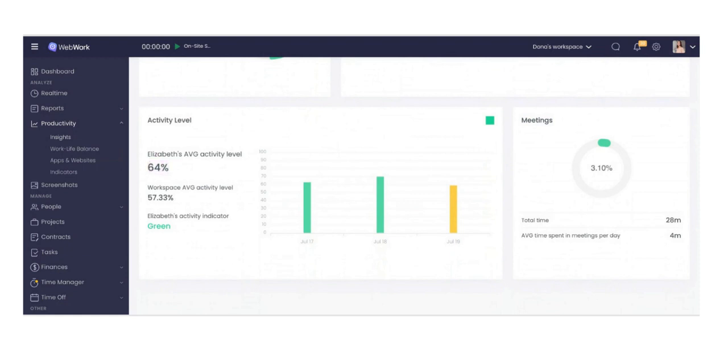And by the way, each workspace can have different indicators for activity level, for example, attendance, how many late days are still acceptable, and also indicators for inactive time. So you can dive into this and set whatever indicators and levels work best for your requirements. Right. If we go